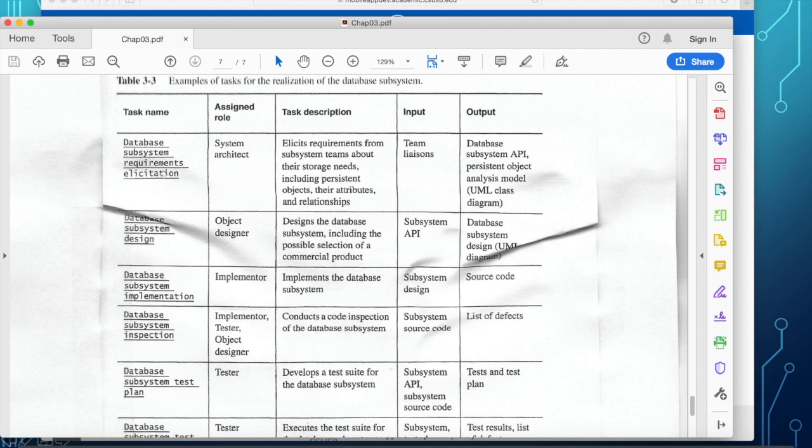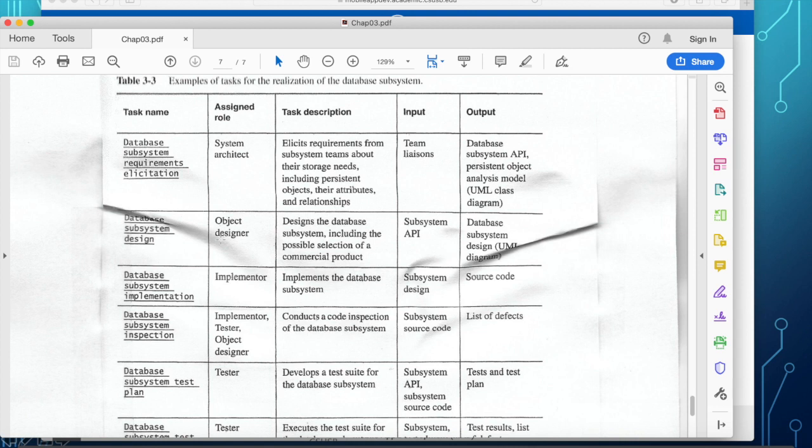So the requirements elicitation is going to be the responsibility of the system architect. It elicits requirements from the subsystem about different things: storage, persistent objects, attributes, and relationships. And the output is a database subsystem design, API, persistent objects, and UML class diagram.